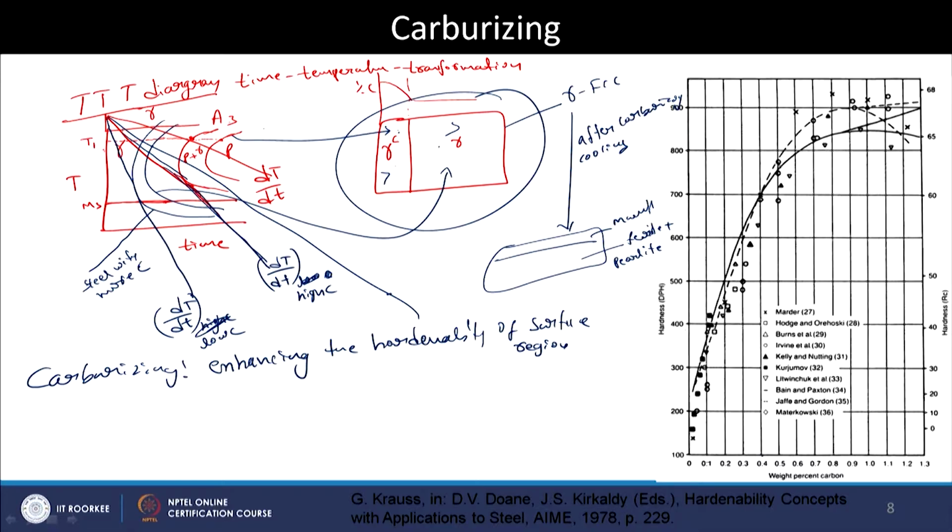Martensite, okay. I hope you are able to read that. Due to this, because FCC is a much closer packed structure as compared to BCC ferrite or the body centered tetragonal martensite, you see that there will be a volume increase when we cool the sample after carburization. Imagine that you have a big component, let us say a very big gear, and we do the carburizing by heating up this entire big gear to the austenitizing temperature, and we know that we need to cool it rapidly in order to produce the martensite at the surface.